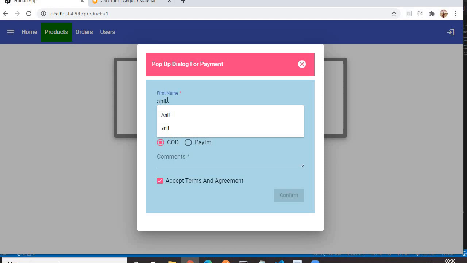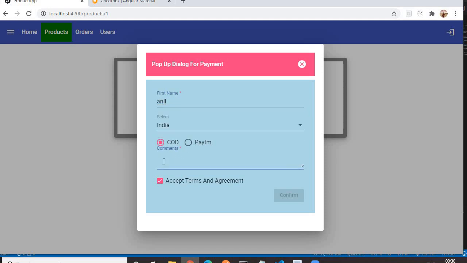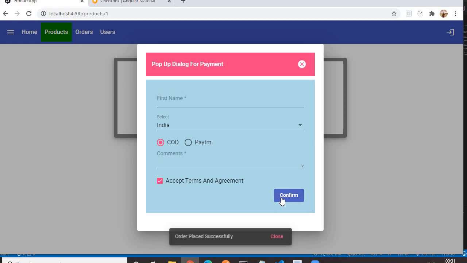So a small concept is left, let me cover that too, that is related to Angular material. If you see, on click of the confirm button, we are getting an alert window here, means an alert box like order is placed successfully for 2 seconds, like the duration for this alert is 2 seconds because we have configured the 2-second duration. This is the alert. On click of close also it will close. Okay, this is the alert window. Order placed successfully.